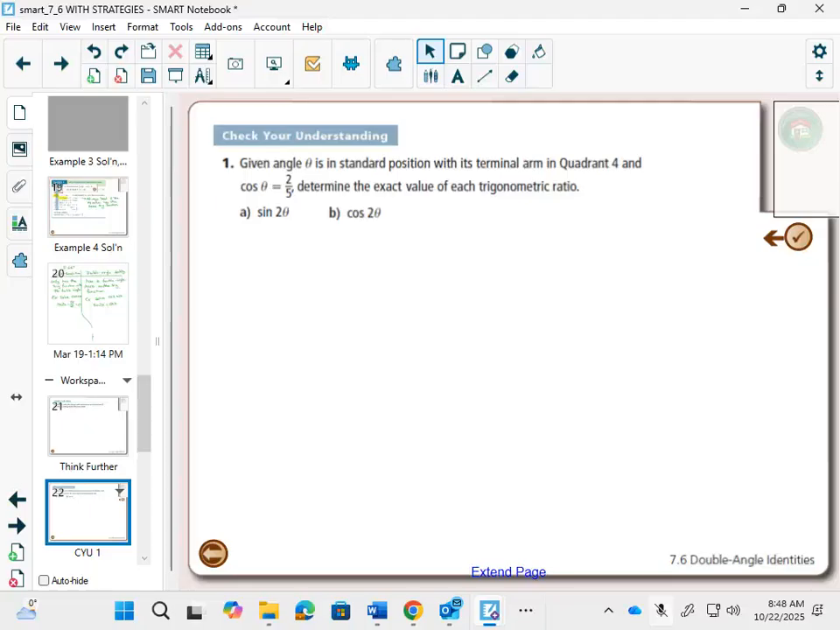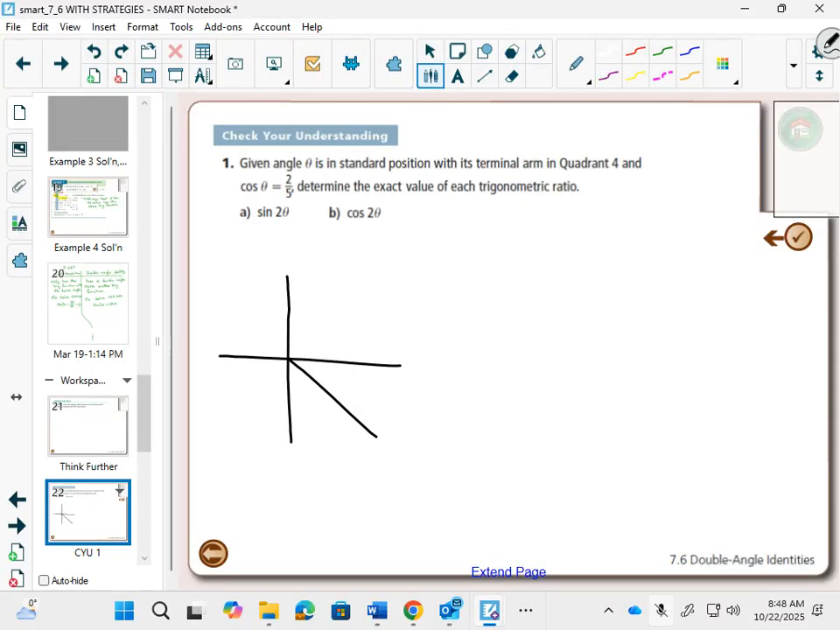It says it's in quadrant 4, so it makes sense for me to draw an angle in quadrant 4, go back to my nearest x-axis so that I can label a reference angle for theta. And then cos of theta is 2/5, so that's adjacent over hypotenuse. And you're getting really good at a squared plus b squared equals c squared. And we get square root of 21 for the opposite side. So now in A,